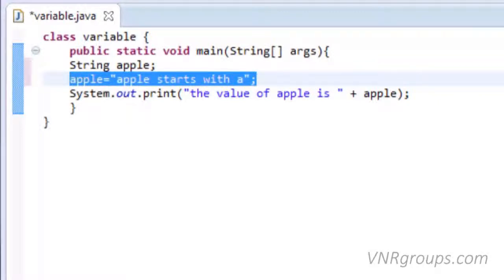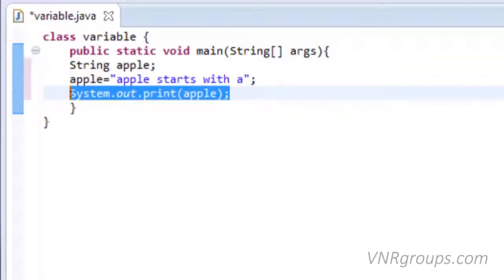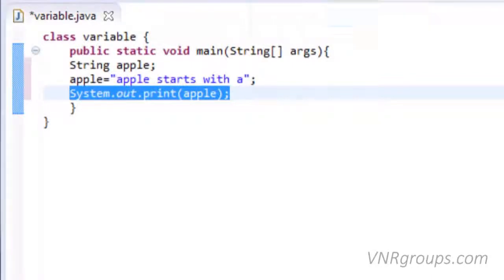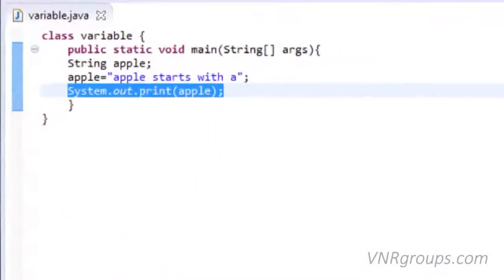We must put double quotations to value assigned to the string variable. And here we have printed out the value of variable apple using system.out.print. Hopefully this statement would print apple starts with a. Let's run this. Apple starts with a.